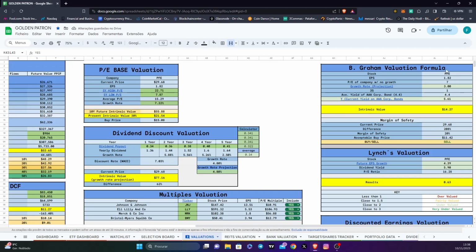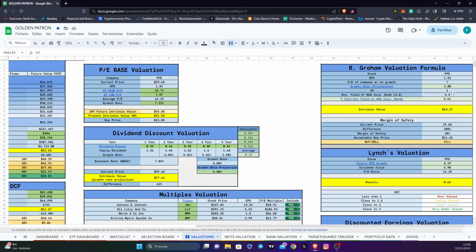So all we have to do is take the growth projection. If you want to go with the analysis projection, which would be negative 8, you can, but you can take your own growth rate, what you think it will be. Let's say they have new drugs up for approval. You can put that into consideration, and if it gets approved, the stock price will go up. So just evaluate how much that approval is worth. For example, I forgot what company it was, but a company just got approval for testing on a drug for obesity. That's the type of thing. If you read the news and you see those types of keys,